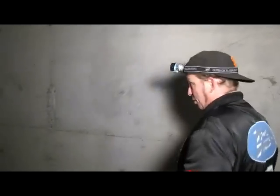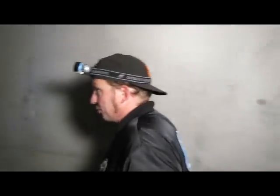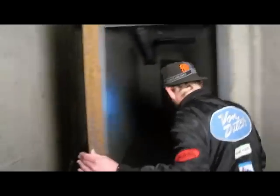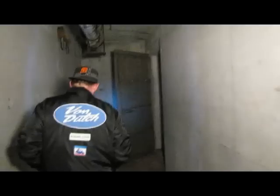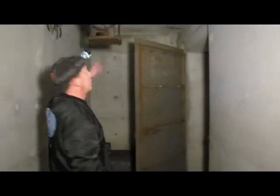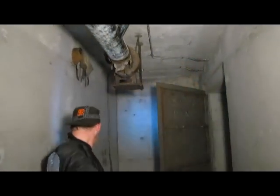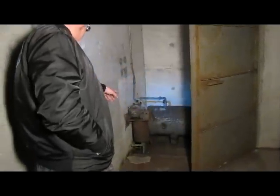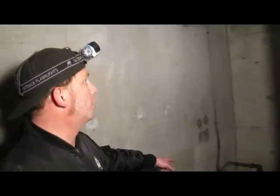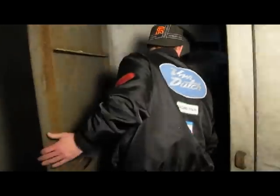So right now we're making our way into the interior corridor. We're going to pass one of the steel doors, and we're making our way towards the power room. You can still see much of the gas-proofing ventilation equipment, and we can also see remnants of a tank and some sort of pump unit down the floor here. Now if we make our way inside,